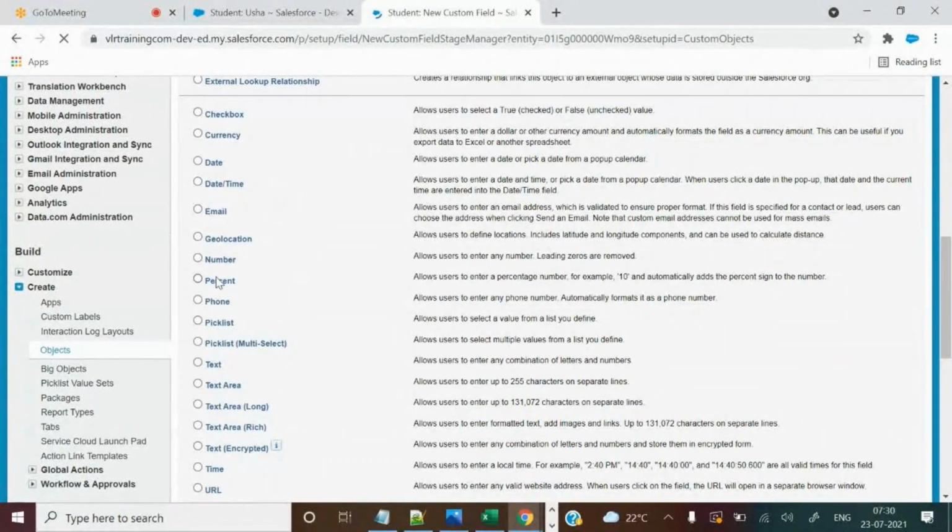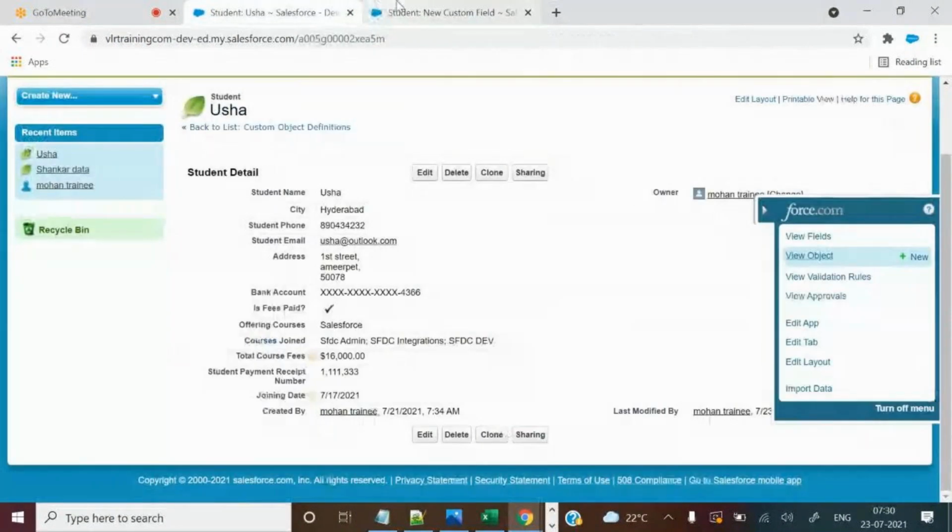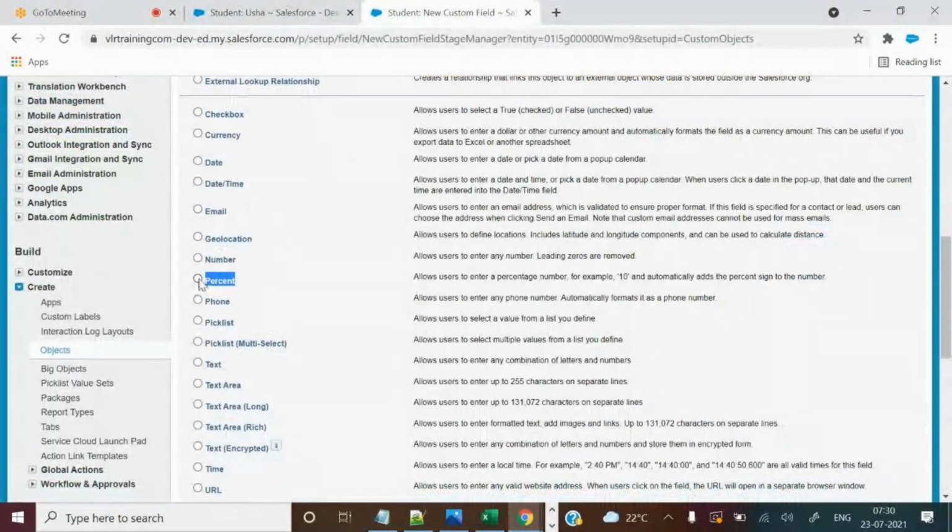So we want to store a discount percentage, it is not a discount amount. If they ask for a discount amount, you can select a currency field, because amount means money, money related things, you can store only in currency related fields.